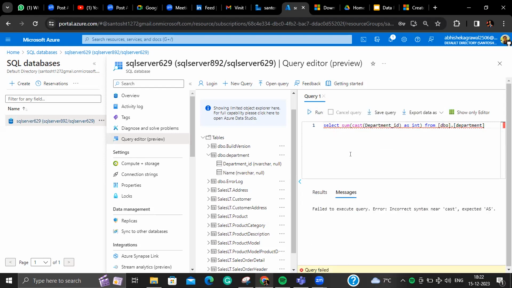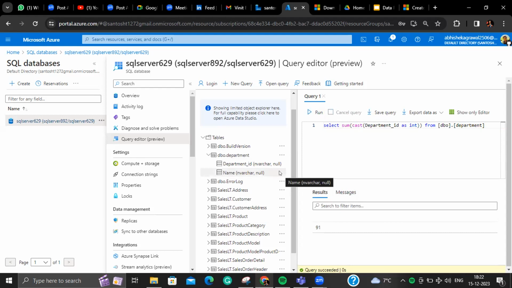Then what happened? Here we just need to cast as int. Then it will give you the value. So the nvarchar data type is not recommended for calculation. Now, if you ask me, Abhishek, how do I move the data in